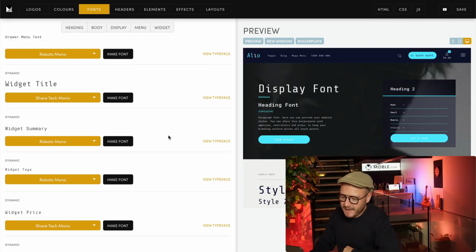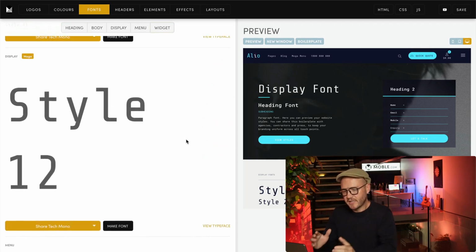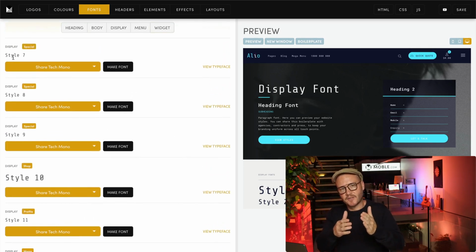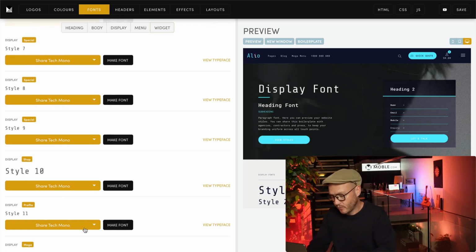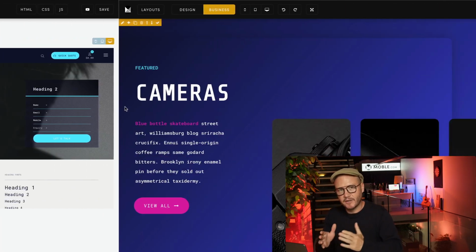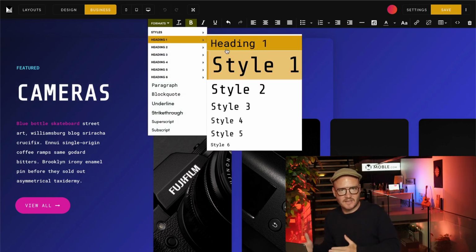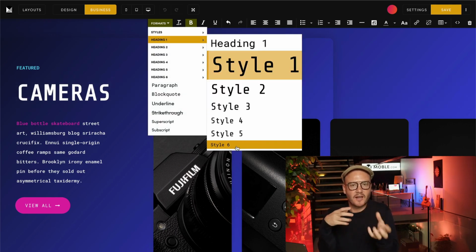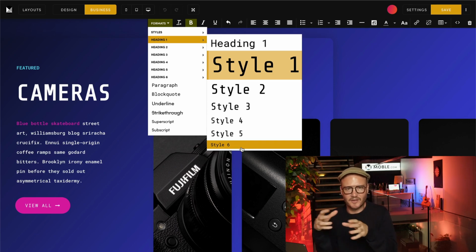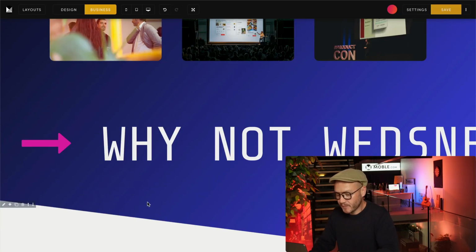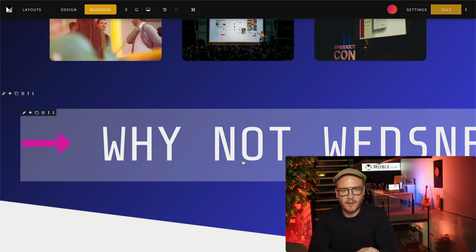Now, if we look back in the fonts area here, you'll see that we've also got these styles 7 through to 12. Back in the editor, you can see it only goes up to styles 1 to 6. So what are styles 7 to 12? Well, styles 7 to 12 are kind of secret fonts that only the designer can see. Sometimes you don't want the content team messing around with certain fonts that only you want to use for yourself. An example of that, I'll jump over to the Alio